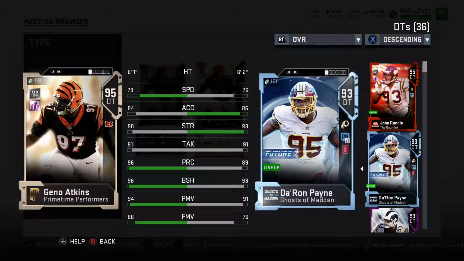Coming in at number 4, Geno Atkins. He just has superior speed. Also, he hits the 300-pound mark. He is very good at what he does. He is the top defensive tackle in the game, I feel, by quite some margin, with his block shed being at 96. You can easily get that to a 99, and he still has the speed to get to the